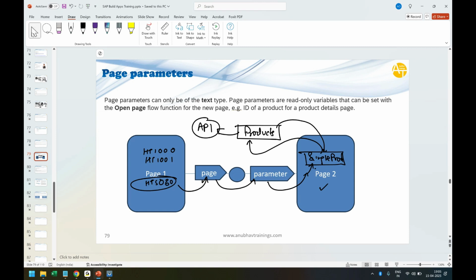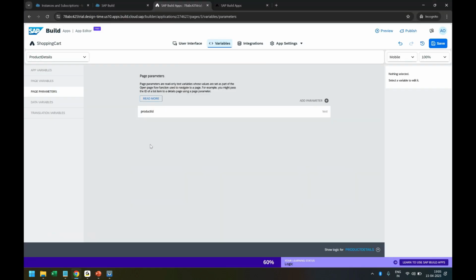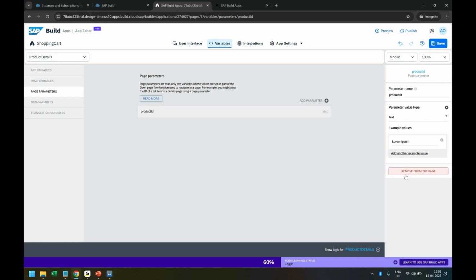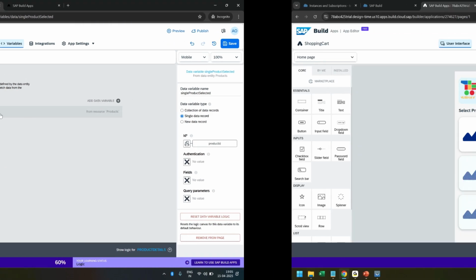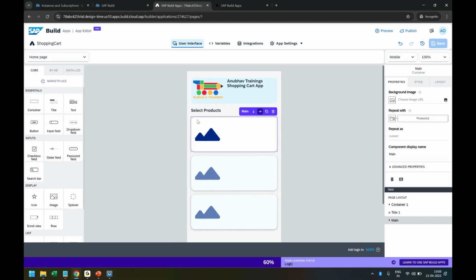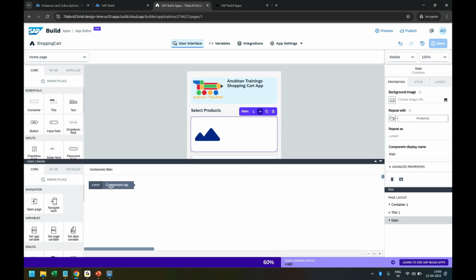Fabulous. So now I'm going to go back and show this in action. We can come back, product ID, yeah, and that is the page parameter, and you can see that ID we are passing here. We mapped it. So later on, when navigation happens, we will receive the ID, we will pass the ID, and we will get the data. And here for the event, whenever I select, you see main, I add a logic that whenever somebody taps on a component,